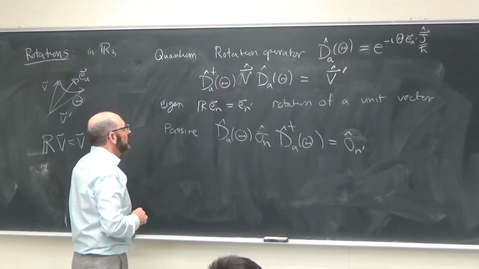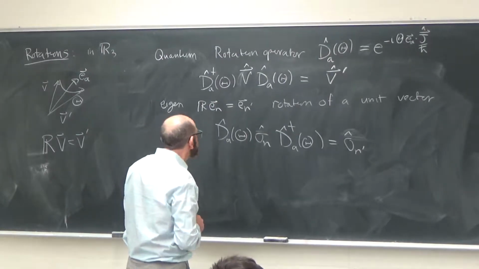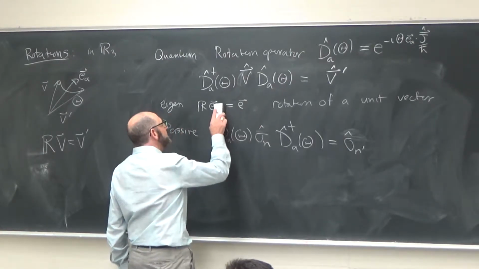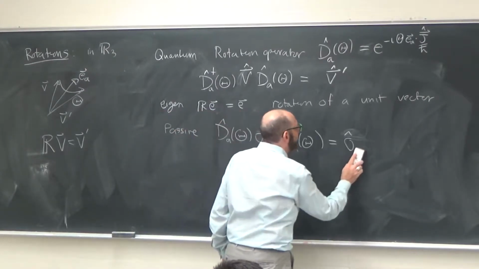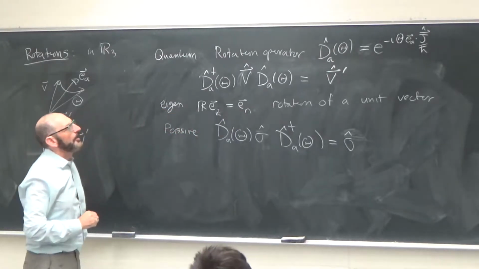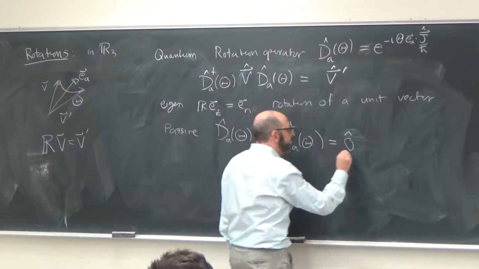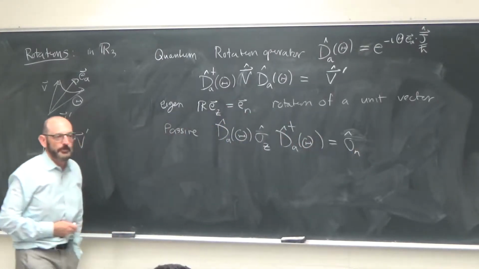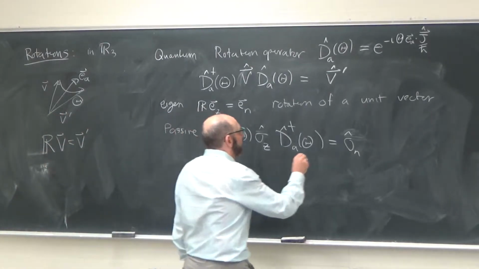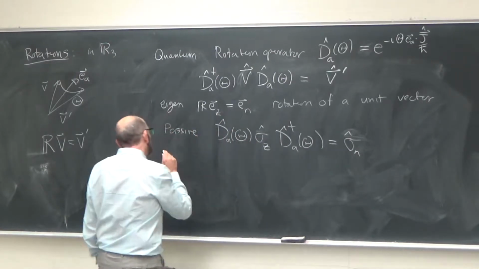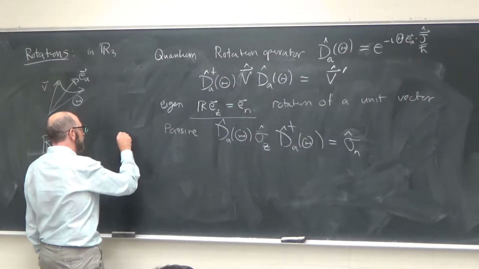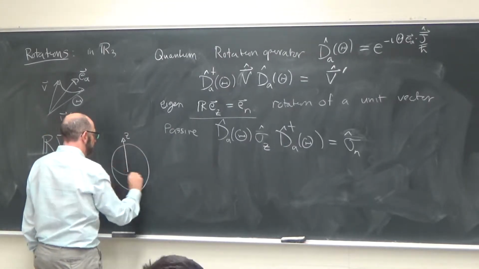For example, let me say this slightly differently, because I want to specialize to the specific case of a rotation that takes the z-axis to some arbitrary direction on the sphere. So I'm looking at that particular rotation. Okay? So for that case, now what I claim is, if there is such a rotation that takes the z direction to some direction on the sphere,